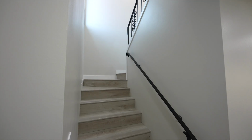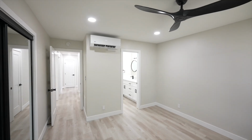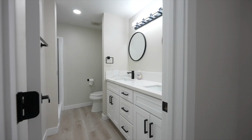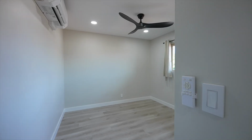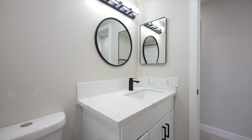Heading upstairs, there is a large primary suite with smooth coated ceilings, recessed lighting, a ceiling fan, 2 closets with mirror closet doors, and a full bath with dual vanity sinks and a step-in shower. There are 2 nicely sized secondary bedrooms that share a full hallway bathroom that has laminate flooring, a vanity area,